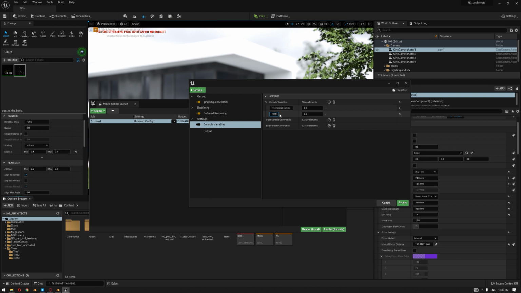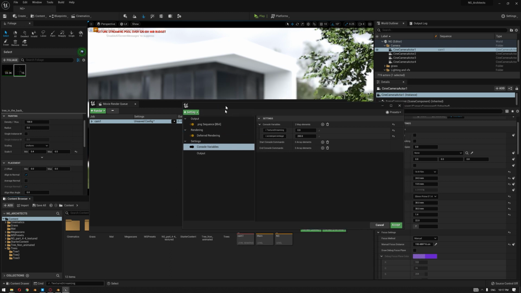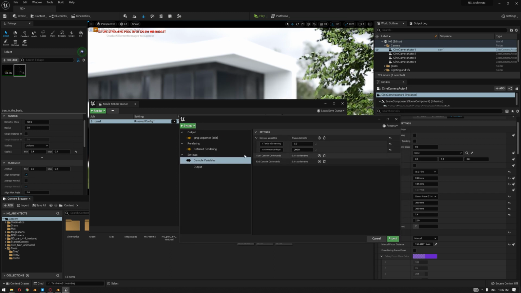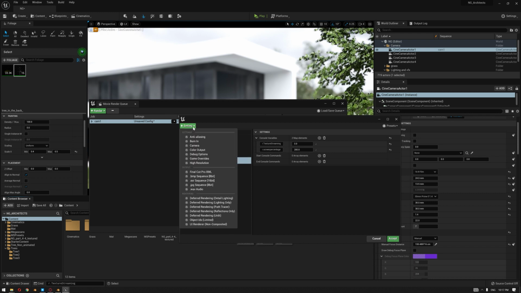So this can be screen percentage, and let's give it a 200, for example, or a 300, as you wish, but make sure to start, for example, to a lower value. Because our resolution now, or our percentage of the screen, is 100, so if you set it to 200, you're basically getting more quality out of that.